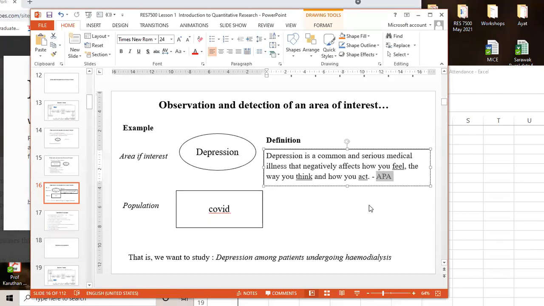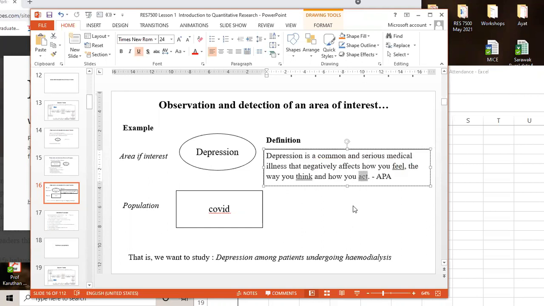So if I need to have a questionnaire, I know that depression is a common serious medical illness that negatively affects how one feels. So my questionnaire must contain items measuring the feeling of the person, the way the person thinks, and the way the person acts.